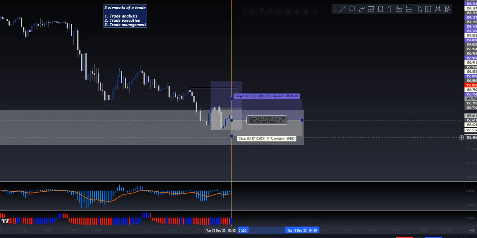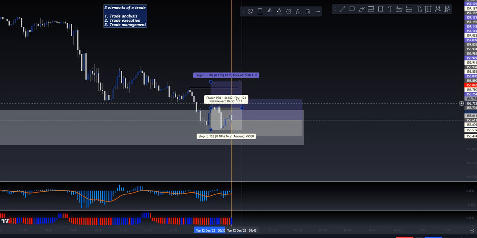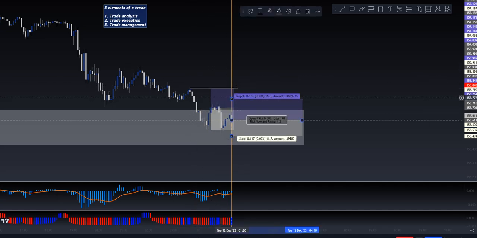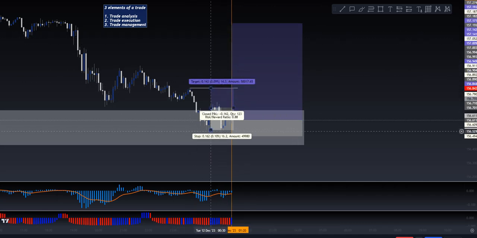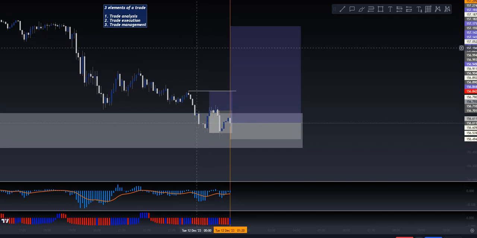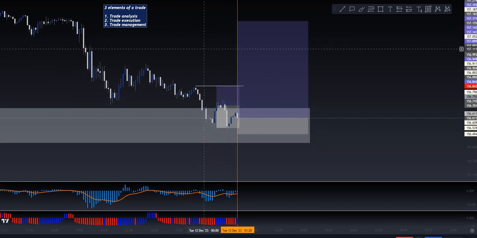There's not too much to think about. The only reason you would have an issue doing what I just did is if perhaps you over leveraged on this trade and you had too great of an expectation for the market to make its move right then and there. But you can't have those expectations. You cannot decide when or where the market is going to make its move. You just have to follow your rules and nothing else.